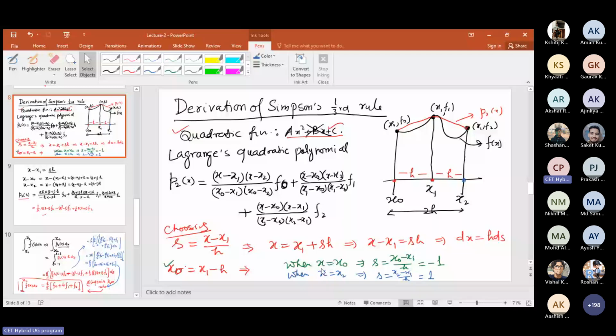x is equal to x0 implies that s is equal to x0 minus x1 upon h। x0 minus x1 कितना है, माइनस h है, तो ये माइनस h बाई h आपका -1 हो जाएगा। उसी तरह जब x की वैल्यू आपकी x2 है तो x2 माइनस x1 की वैल्यू कितनी है, प्लस h है, तो x2 माइनस x1 प्लस h बाई h हो जाएगा। ठीक है,